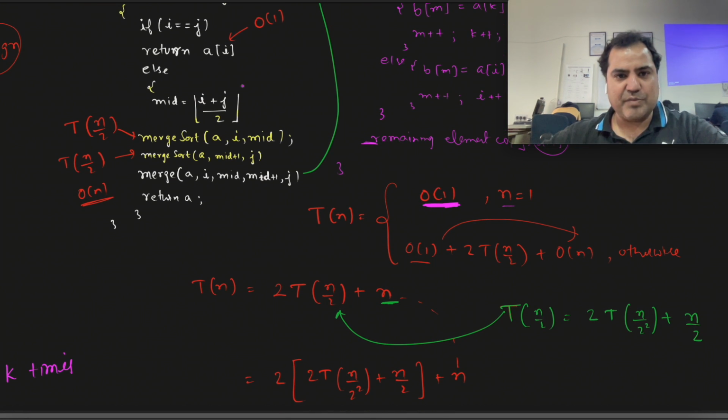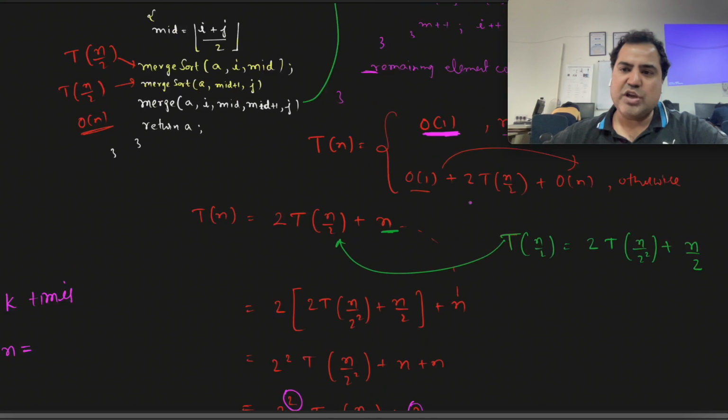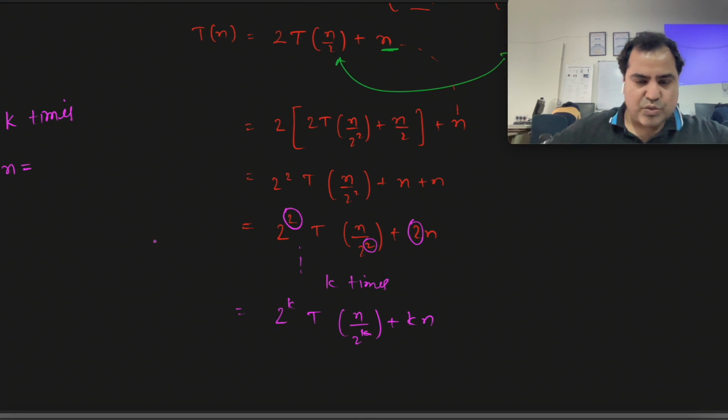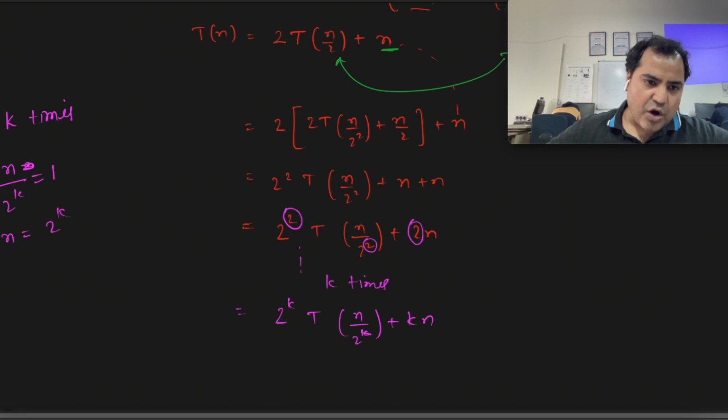T of 1 is 1 only when there is only one element. So T of 1 is 1 only, right? So to get this thing terminated, n by 2 raised to power k should be equal to 1. That means n should be equal to 2 raised to power k, and if I take log to the base 2 on both sides,